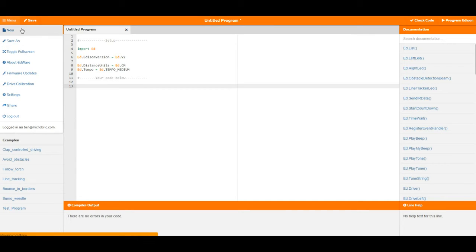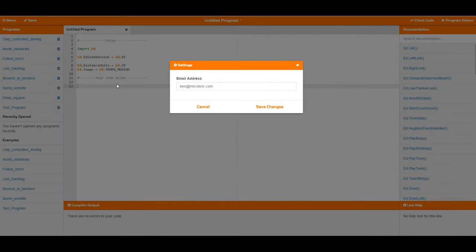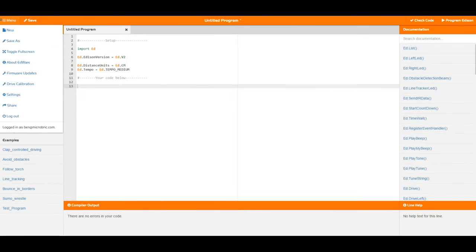But we've got new, save as, toggle full screen, which are also pretty self-explanatory. About Edward just gives you a little bit of detail about how this stuff was all created. Firmware updates are for version 1 Edisons only, as well as drive calibrations. Settings changes your email address, and then going further down you have share, which you can use to share a